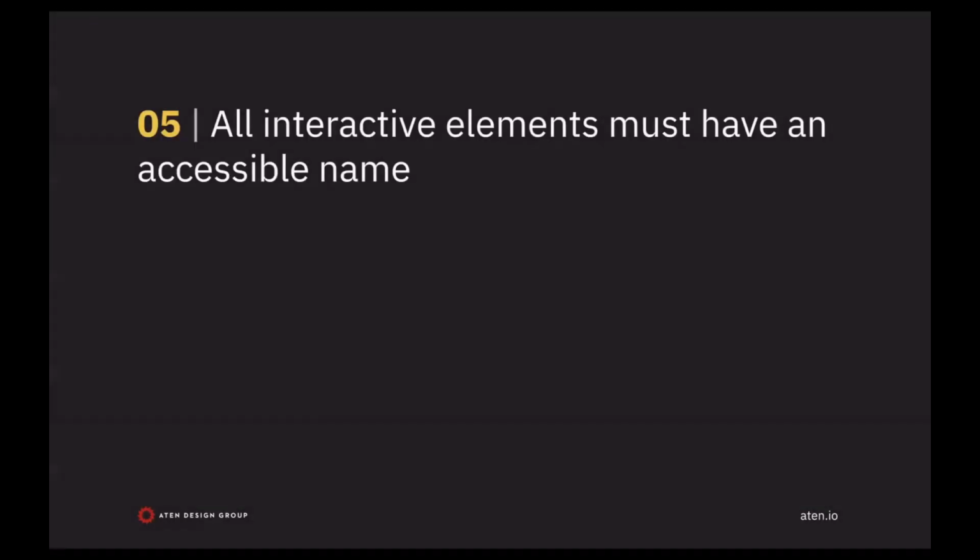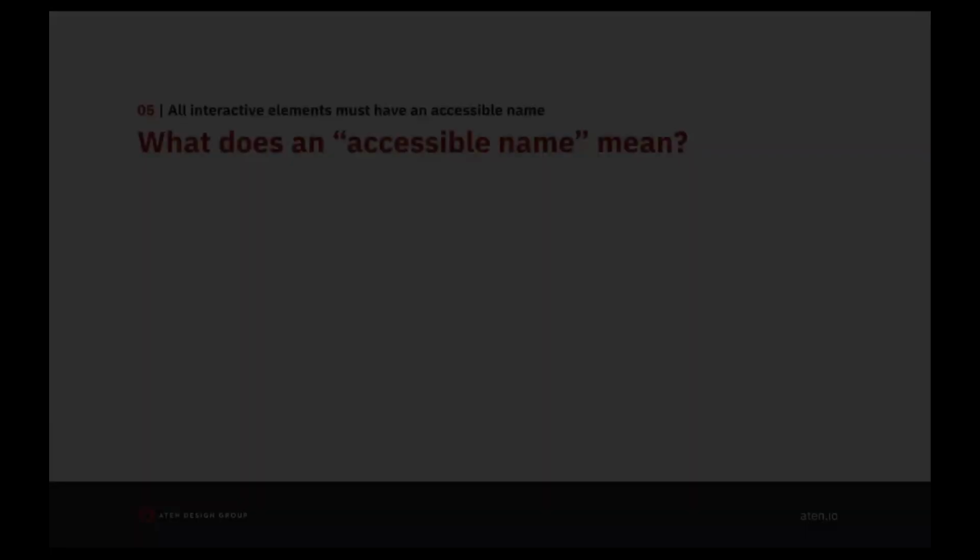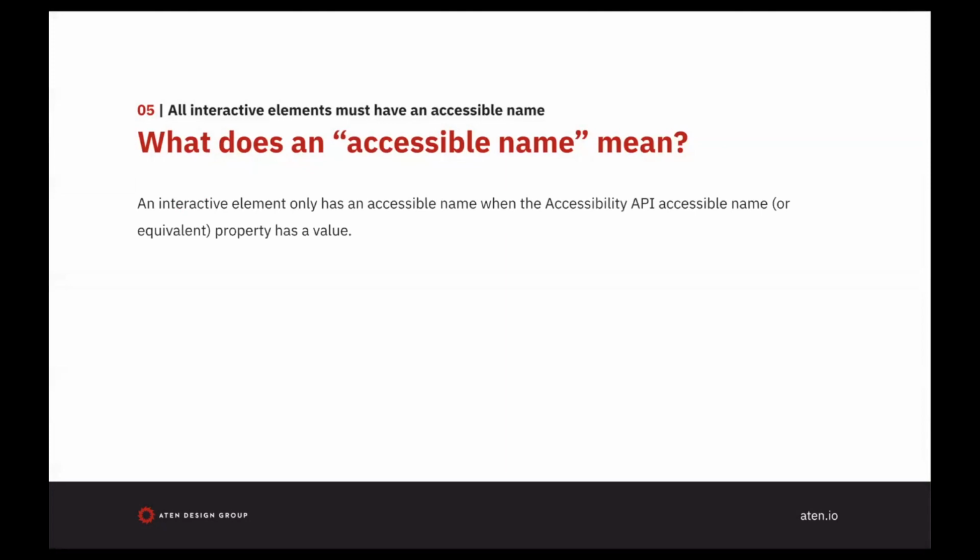And the final rule is that all interactive elements must have an accessible name. So an accessible name means that there is a label or name, that the accessibility API property has a value. I always say this as programmatic name. So if you've been to some of my other webinars, you've probably heard me say that before. And basically it is what is conveyed to a screen reader or other assistive tech user when interacting with the